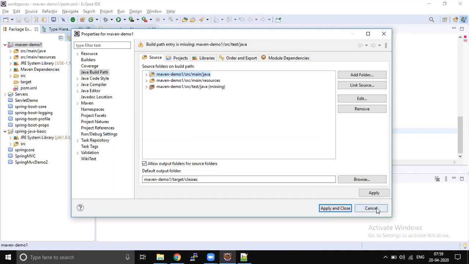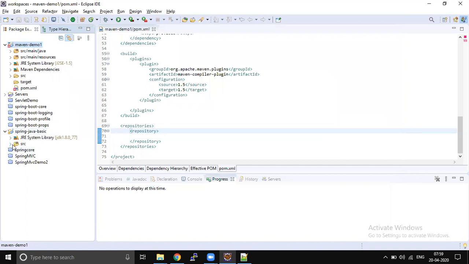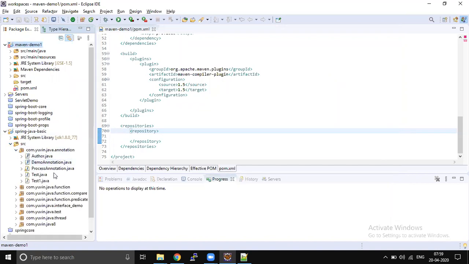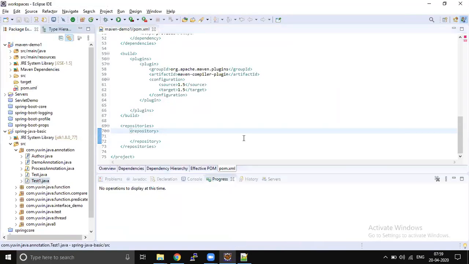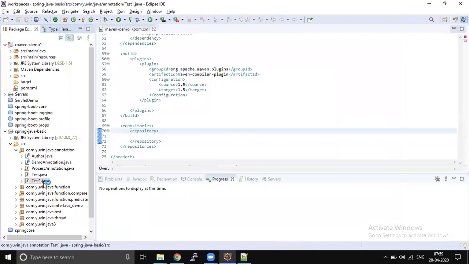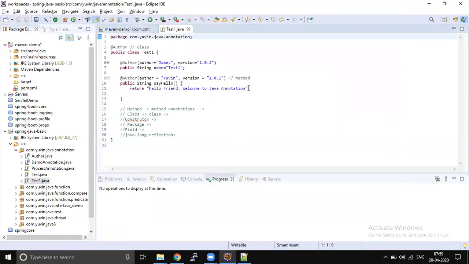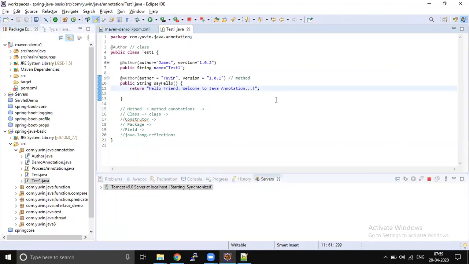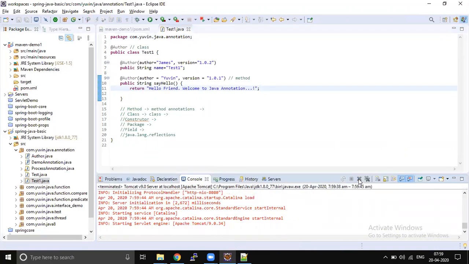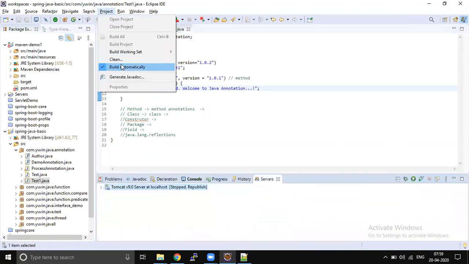Okay, so how do we work with a simple Java application? Are we doing any manual compilation while running the program? No, right? We are simply modifying the code, saving and running. Right? We are not doing the process of converting a Java file into a class file, right? So every time I do a modification, I save this and run this, right? So who is going to compile my Java file? The IDE, Eclipse, right? Just because of this build automatically.